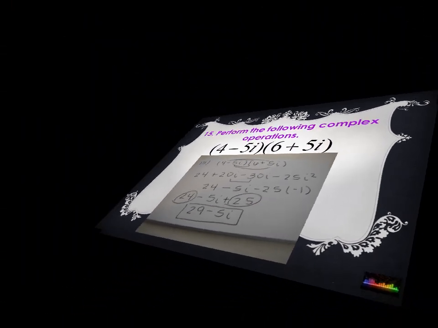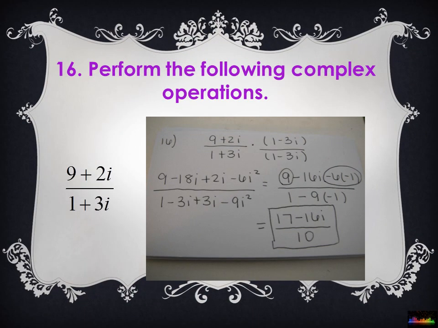This problem is dividing 2 complex numbers. When you divide by a complex number, you need to multiply the numerator and the denominator by the conjugate of the denominator. The conjugate of a complex number is just changing the sign of the imaginary part. So you keep the real part the same, you keep the imaginary part the same, you just change the sign of the imaginary. So we will multiply the numerator by 1 minus 3i, and we will multiply the denominator by